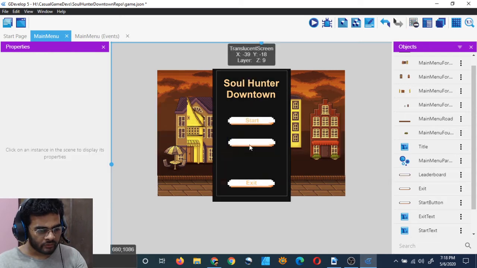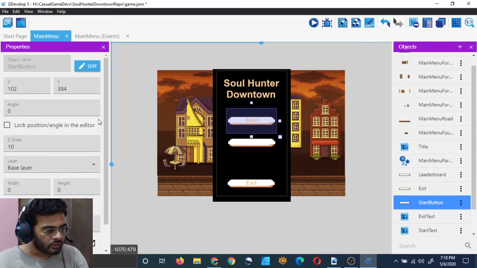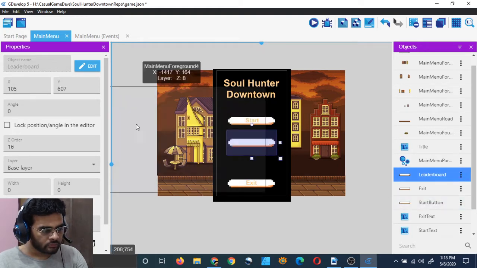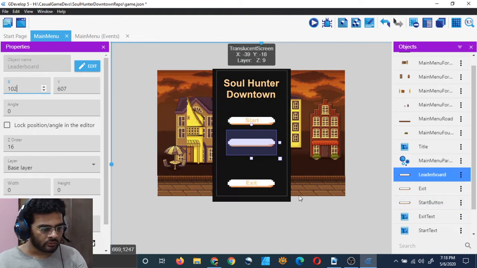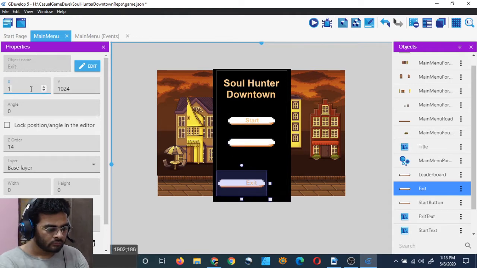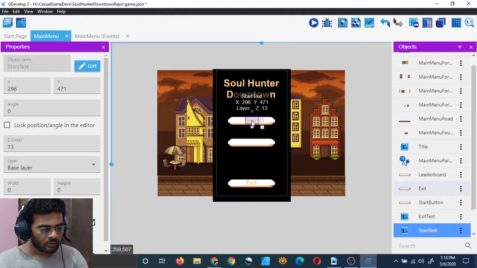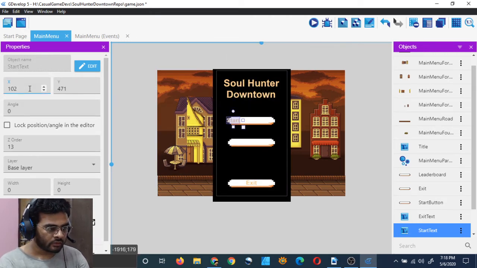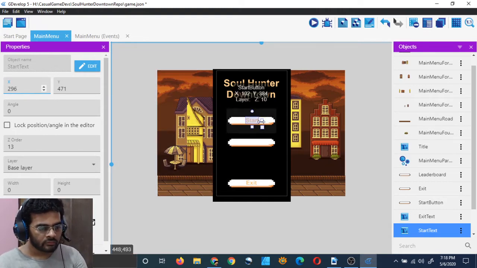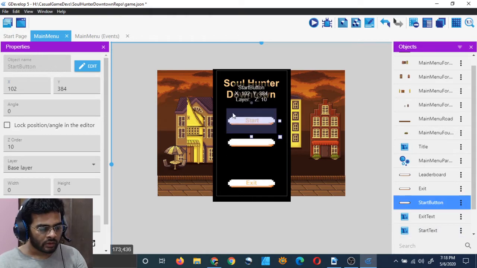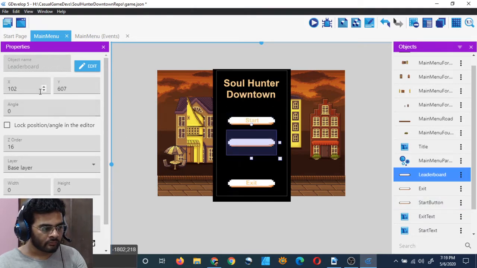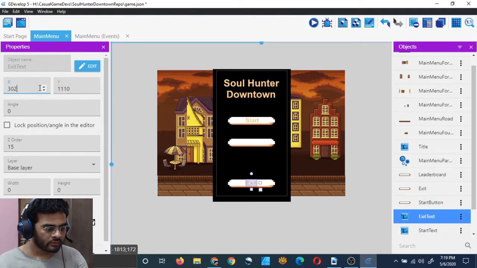somewhere. Let me see the X value so that I can position it precisely. X is 102, so I will put the X as 102, and for this one also 102. And what is the position of this? 296. I think it should also be 102, but then it will be in the center. No, does it work differently for text? I think it positions the origin and not the center. That's what I believe is happening. 102, 296 I believe was the X value.